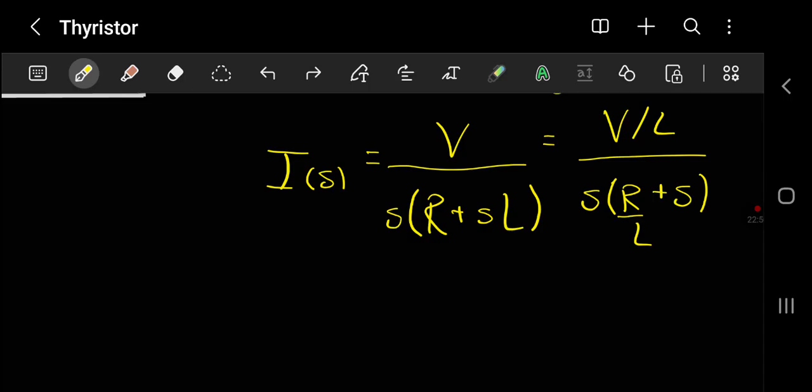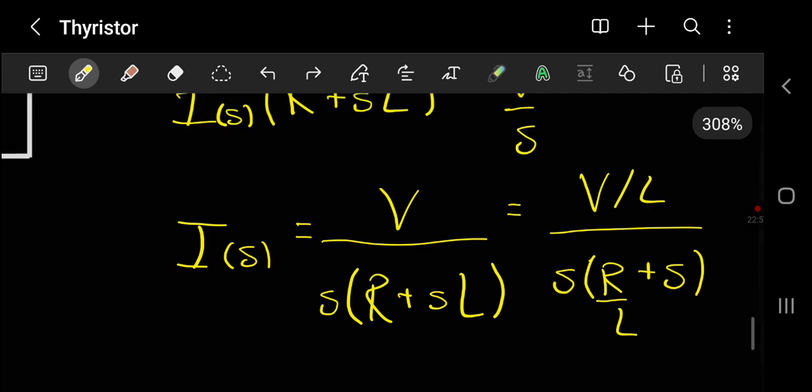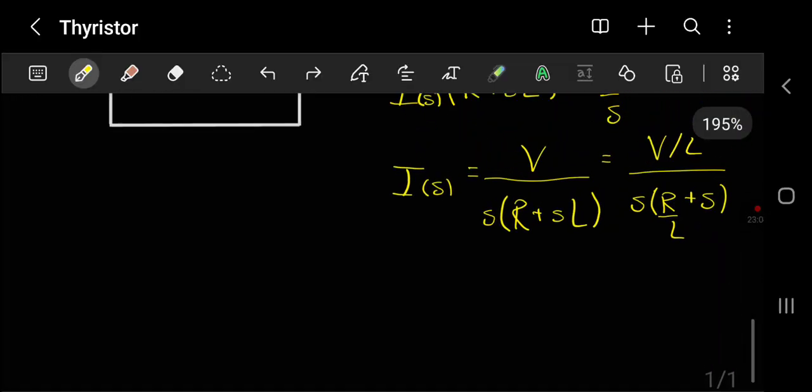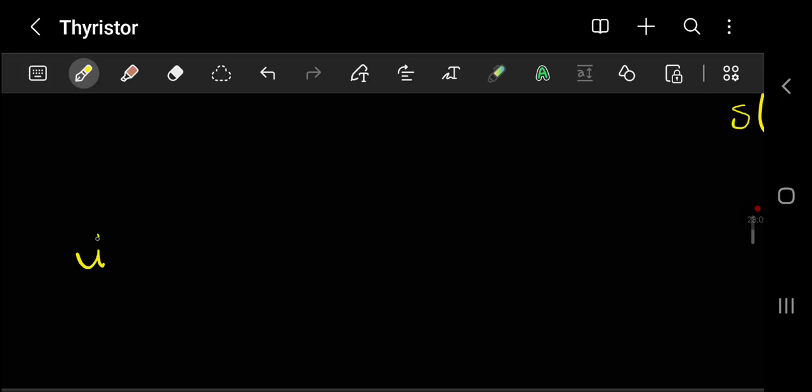So now the current I can be determined by taking the inverse Laplace transform of this term that we modulated. At each point in time, the current is going to be the inverse Laplace of